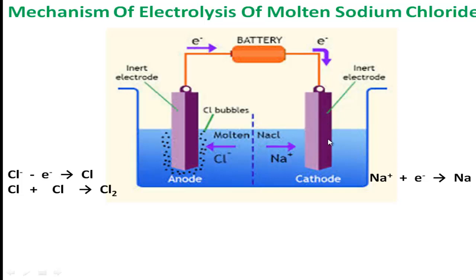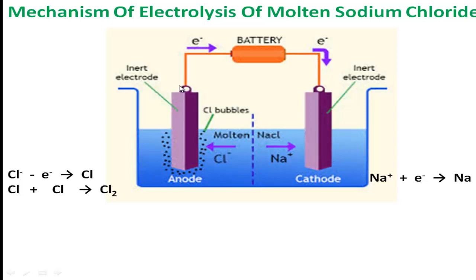And from where is the electron gathered on this cathode? From here. When a chloride ion reaches the anode, it releases one electron. This electron, follow here, is conducted through this electric wire and reaches where? This cathode. Now when a sodium ion goes to the cathode, it accepts that electron and converts into metallic sodium. The sodium actually forms a layer and is deposited on this cathode.